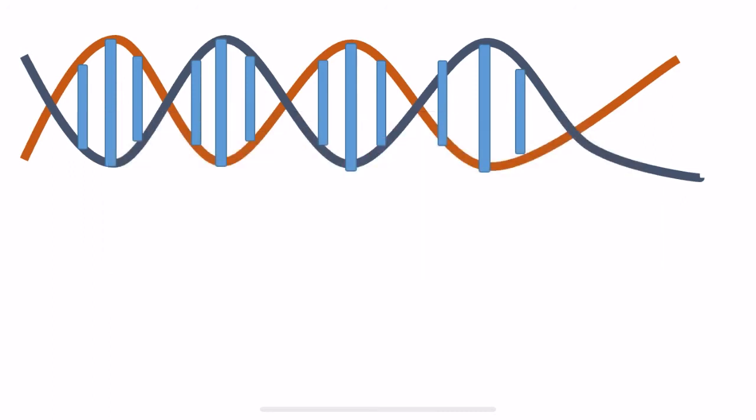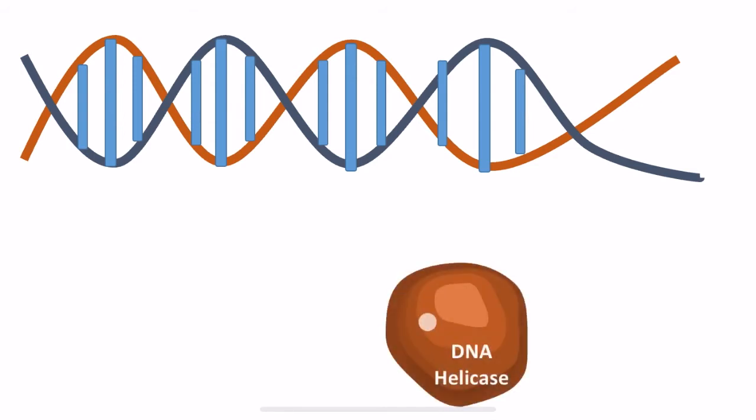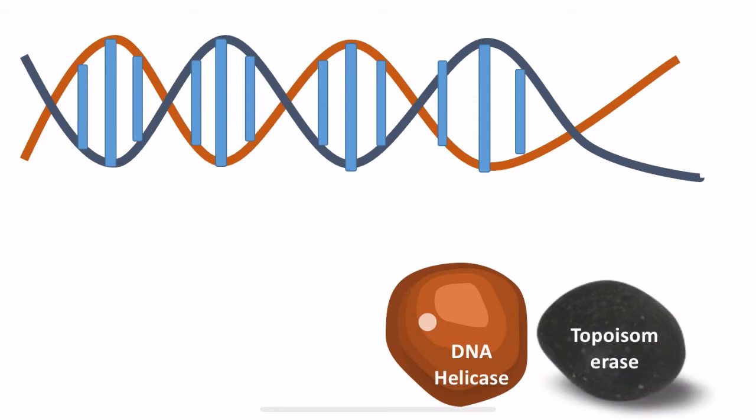The two strands of the DNA molecule separate before they serve as a template for the synthesis of a new strand. So both these strands will open up, that is unwinding. But they cannot do it by themselves. They need enzymes called DNA helicase and topoisomerase. They work on almost the same principle.